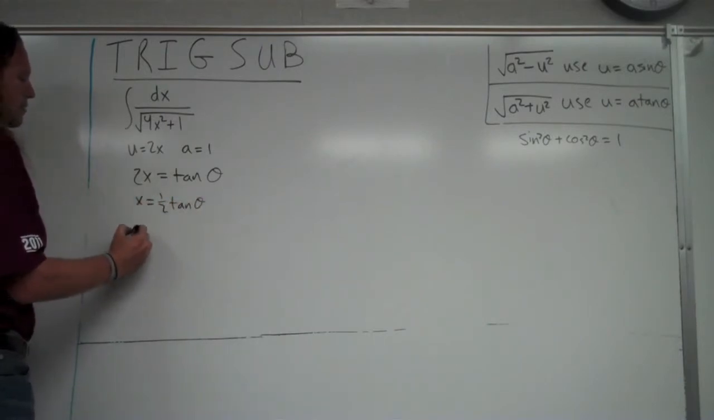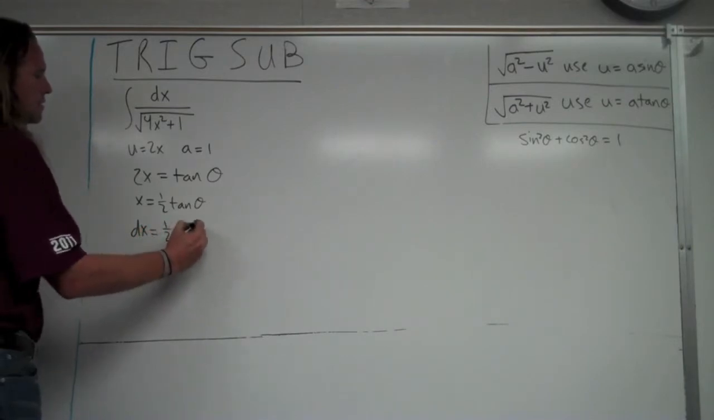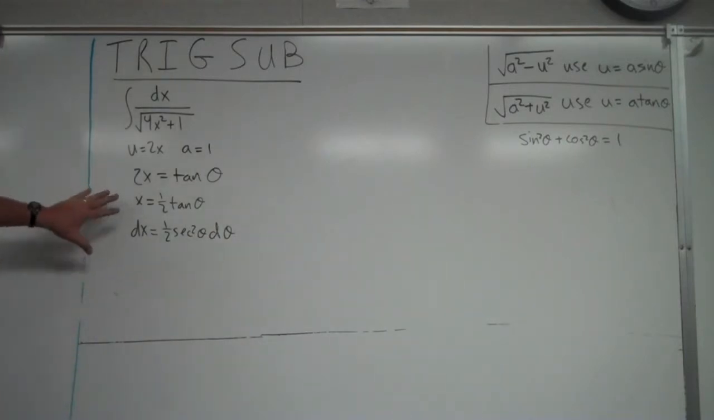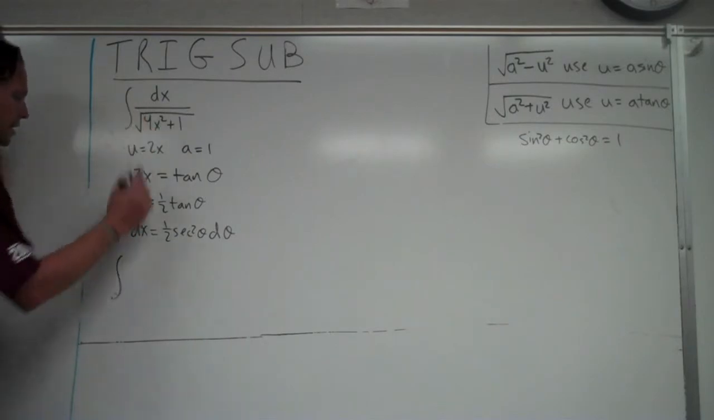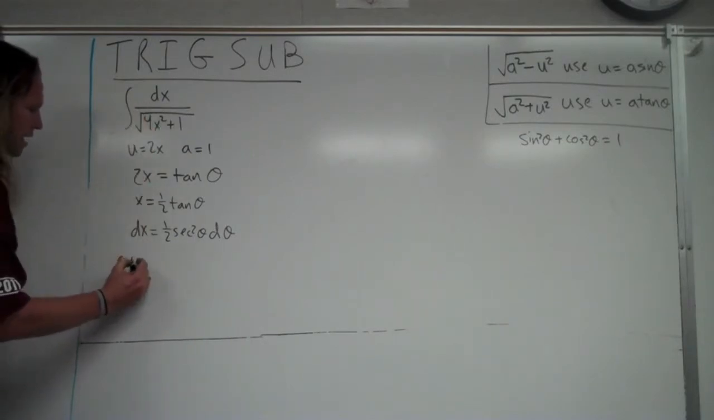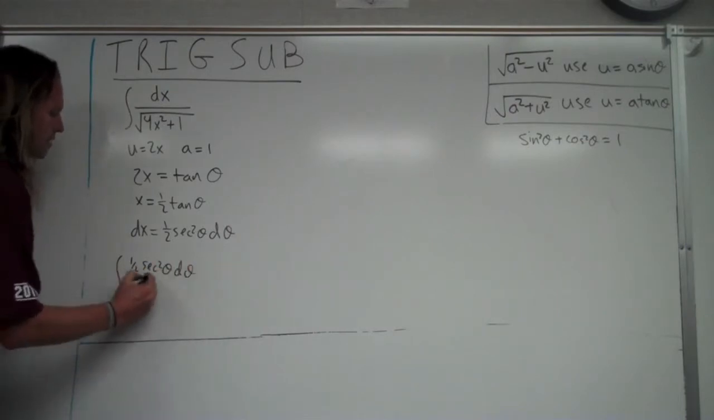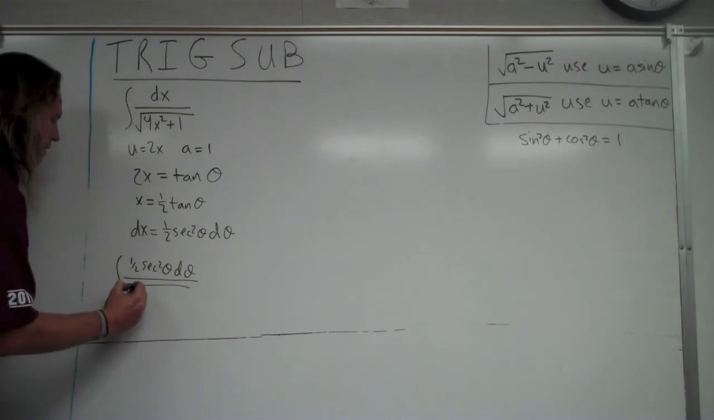Now I'm ready to take my derivative. dx equals 1/2 secant squared theta d theta. So now I'm ready to make my substitution. Instead of writing dx, I'm going to write 1/2 secant squared theta d theta. Instead of writing the square root of 4x thing here, I'm still going to write the square root, and I'm going to write 4